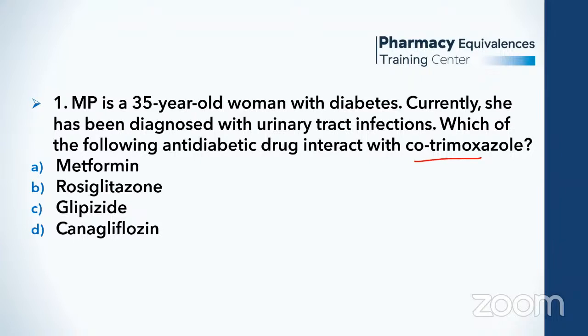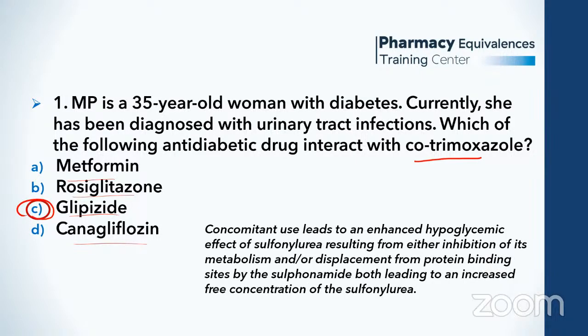So here we have many drugs like Metformin, Rosiglitazone, Glipizide, and Canagliflozin. So what is the right answer? How can we solve a question like this? And which is the drug that interacts with co-trimoxazole as an antidiabetic agent? Okay, here the sulfonylurea, glipizide. The problem here is the concomitant use of sulfonylurea and co-trimoxazole, also containing sulfamethoxazole, which is a sulfonamide,